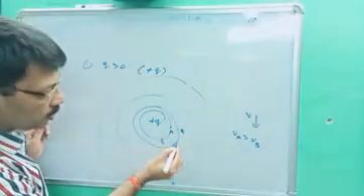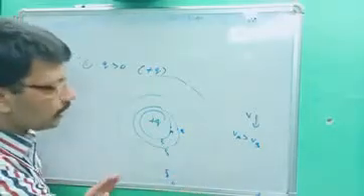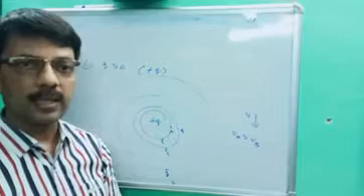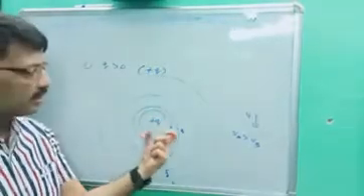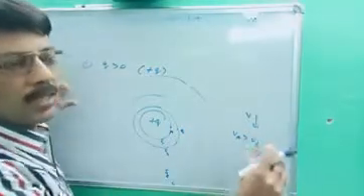S1 is closer to S2, but S3 is maintaining some distance, and S4 is maintaining much more distance. So that is the equipotential surface for Q greater than 0. Are you getting it? Don't trace it simply. These surfaces are closer, but as soon as you move away, they are making much more distance. This is the first one. For the second surface,